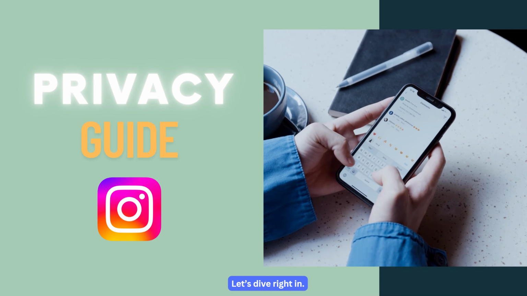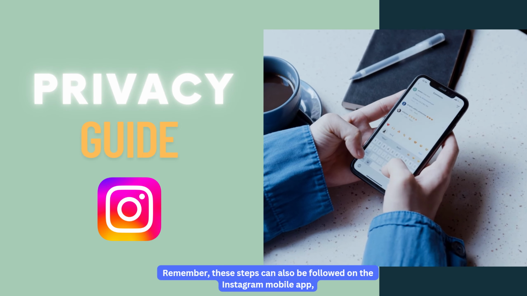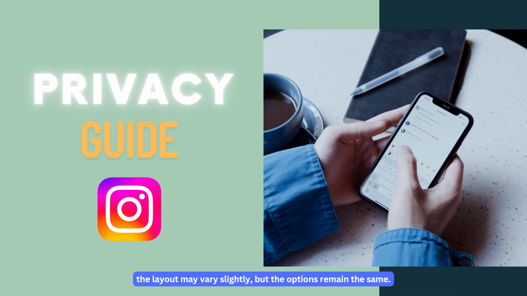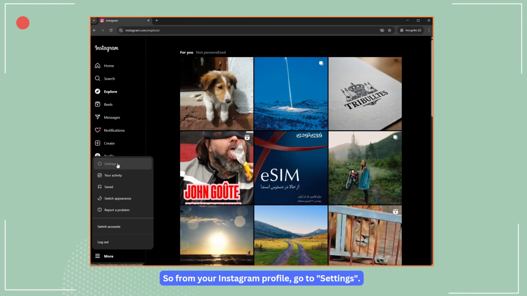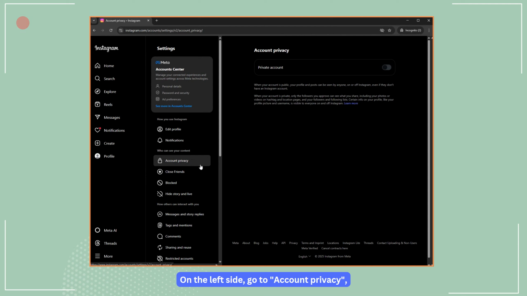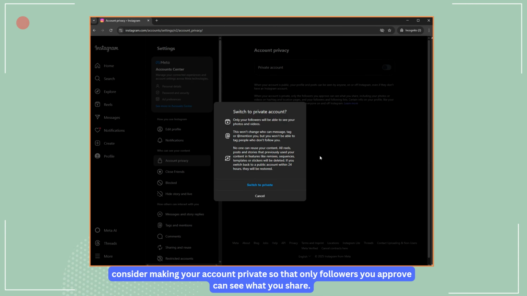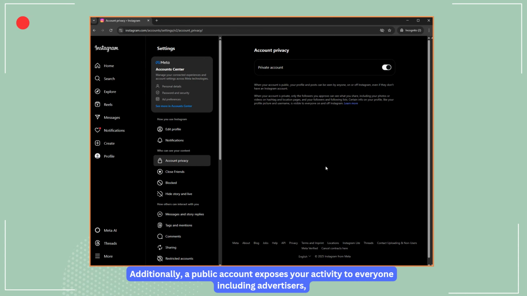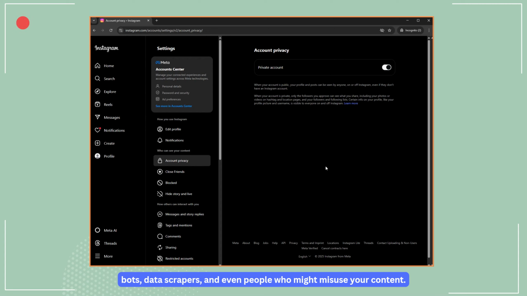Let's dive right in. Remember, these steps can also be followed on the Instagram mobile app. The layout may vary slightly, but the options remain the same. So from your Instagram profile, go to Settings. On the left side, go to Account Privacy. Consider making your account private so that only followers you approve can see what you share. Additionally, a public account exposes your activity to everyone, including advertisers, bots, data scrapers, and even people who might misuse